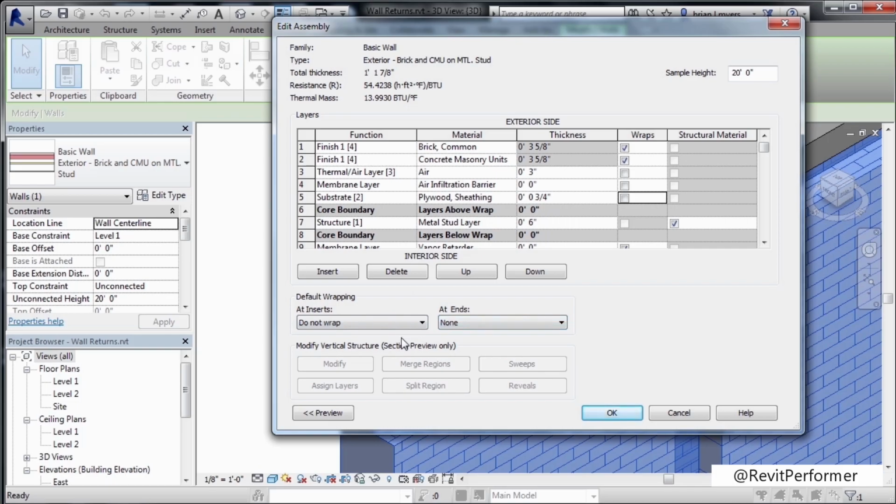If we use at inserts, it indicates if we place a window or a door inside of the wall, do we want to have the brick or whatever material wrap where that door or window inserts into the wall. Right now, we'll just leave that at do not wrap. I would like to adjust it at ends because that's where we're really returning the materials at the ends of